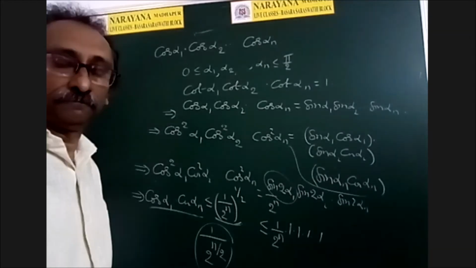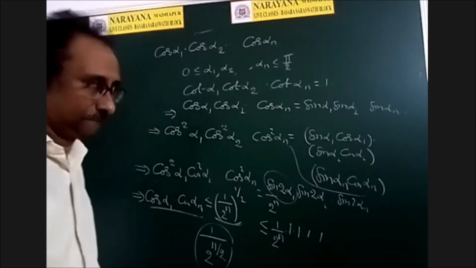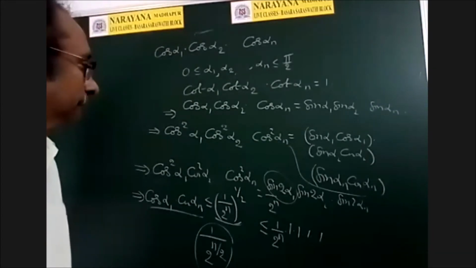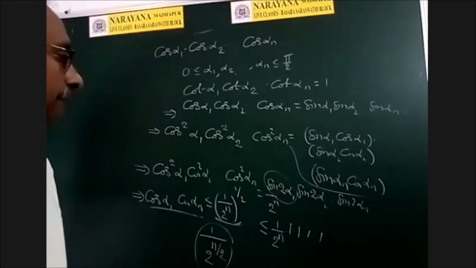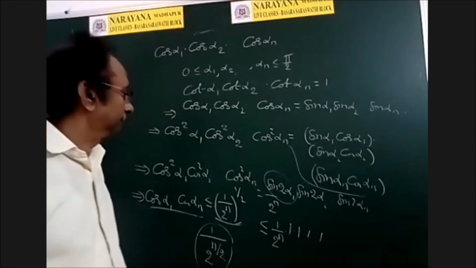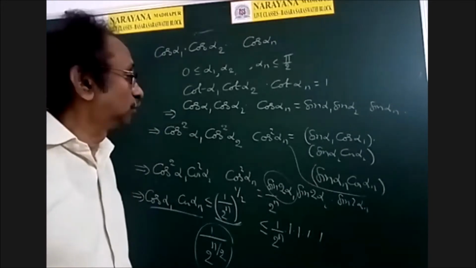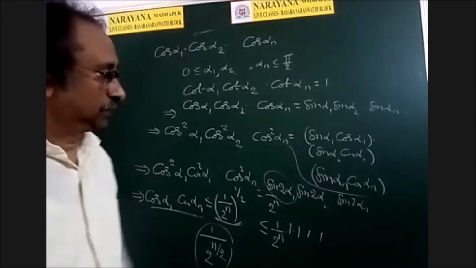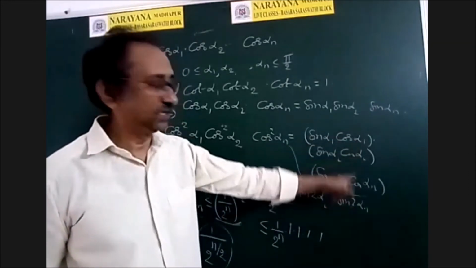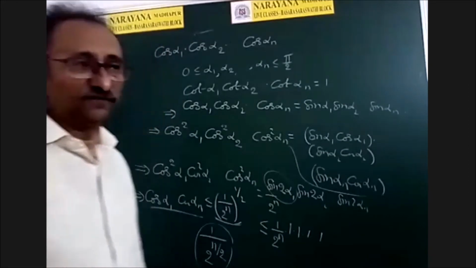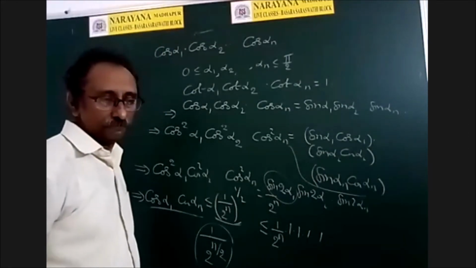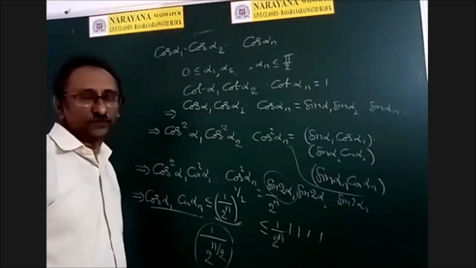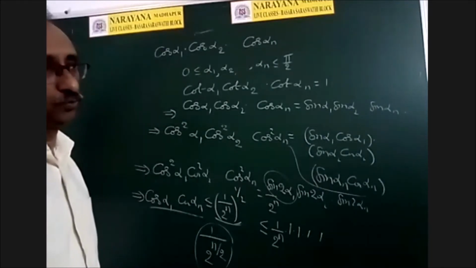Akash. So in second step, you multiplied both the sides with cos alpha 1, sir. Then how did you get cos square alpha 1 and cos square alpha 2, sir? It should be cos alpha 2 into cos alpha 1 now. I multiplied both sides with what? You tell me. Cos alpha 1. Then why in the right hand side also I got cos alpha 2 so on cos alpha n? Okay, sir. Yes, sir. So I multiplied both sides with cos alpha 1, cos alpha 2, so on, cos alpha n.